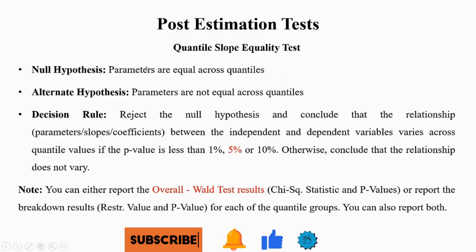That is, if you are rejecting the null hypothesis, you are saying that the relationships are not equal. That is, they vary across the quantile value, if the probability value is less than 1%, 5%, or 10%. Otherwise, you conclude that the relationship does not vary. What we are saying here is that